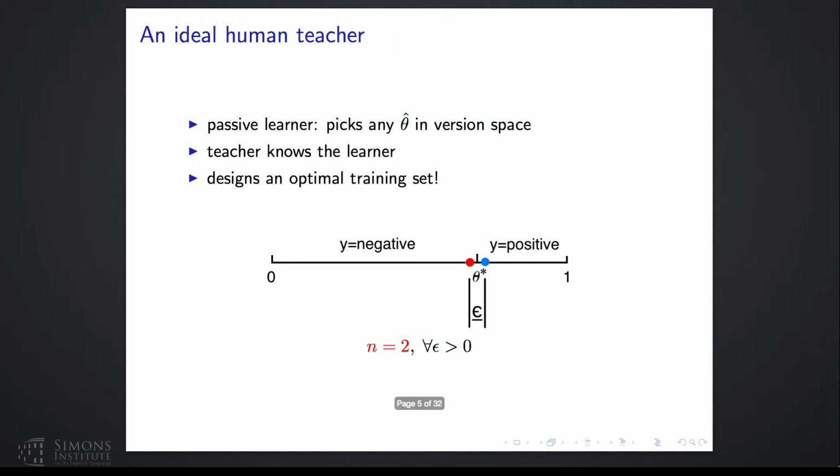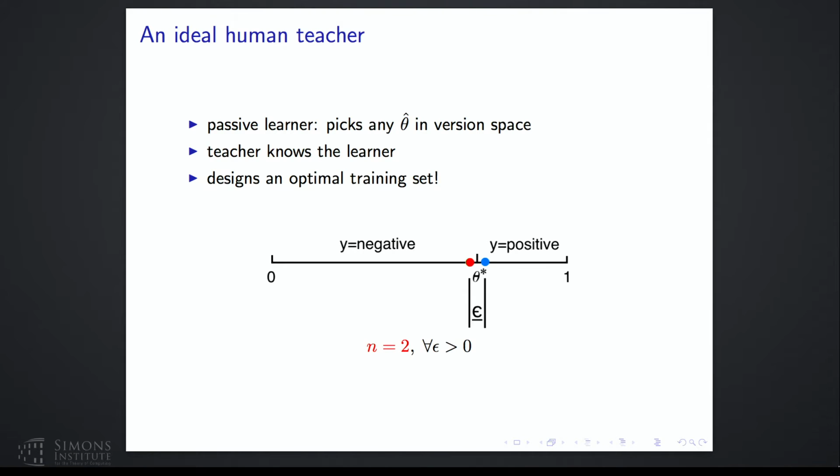But we're talking about interaction and teaching, right? So what if there is an ideal human teacher? The ideal human teacher can say, hey, if I know the learner is simply a passive learner, and it's going to pick any theta in the version space, which is the interval between the innermost positive and negative items, and the teacher knows theta star, the teacher has the ability to design a training set.